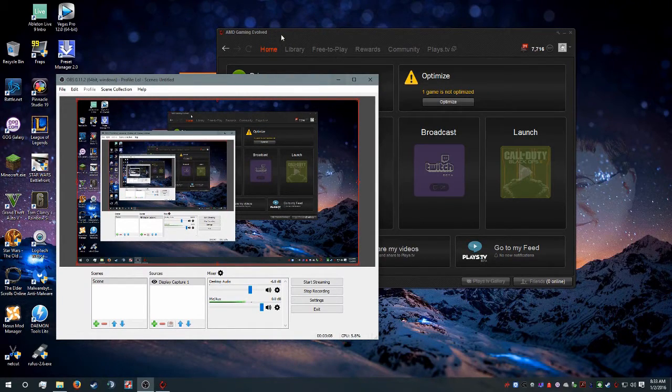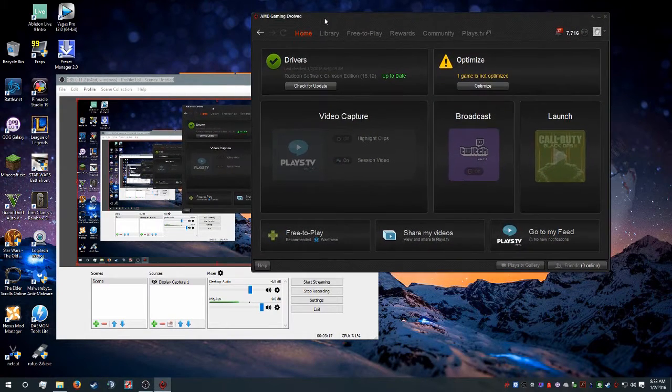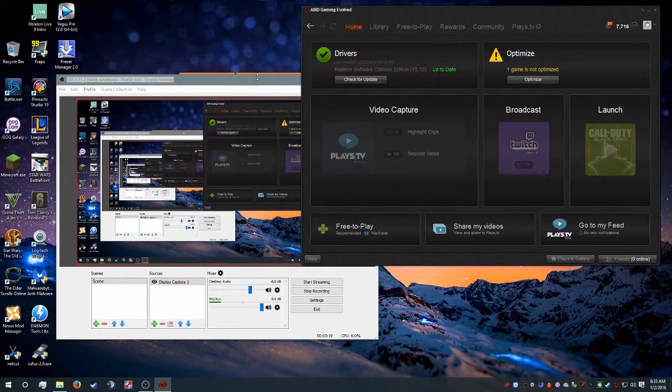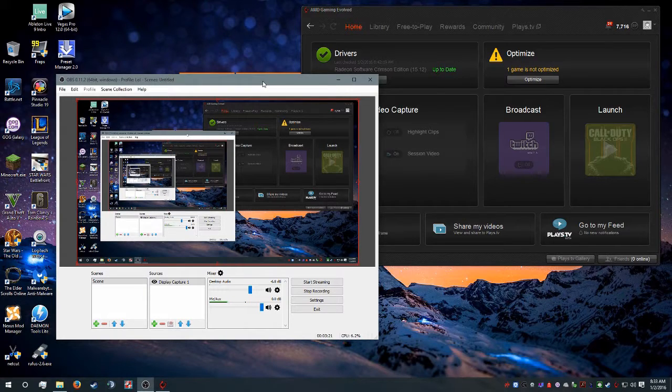If you haven't got an AMD GPU or even an NVIDIA GPU, which uses ShadowPlay, which I don't have an NVIDIA GPU any longer. Actually, I do in my spare computer, but not in this computer. I just found